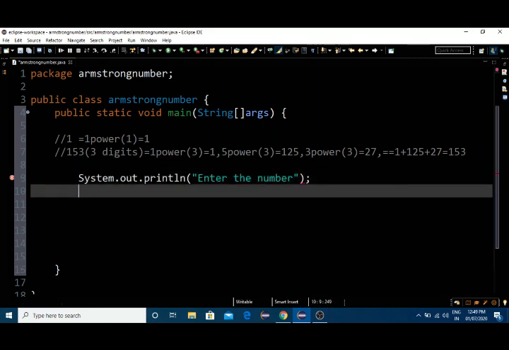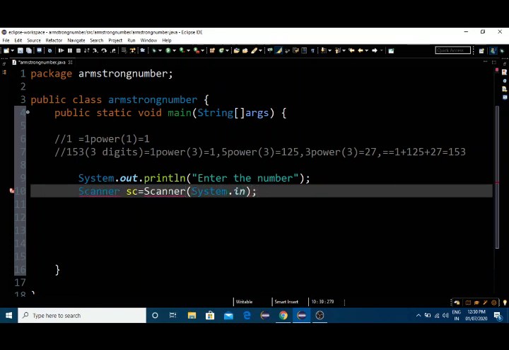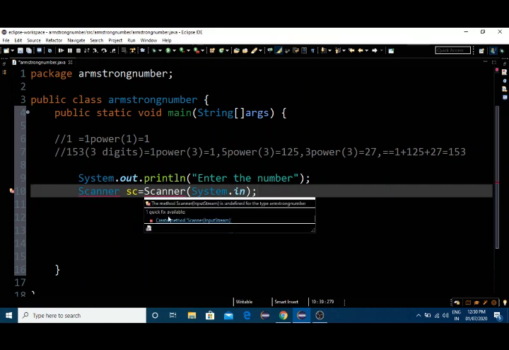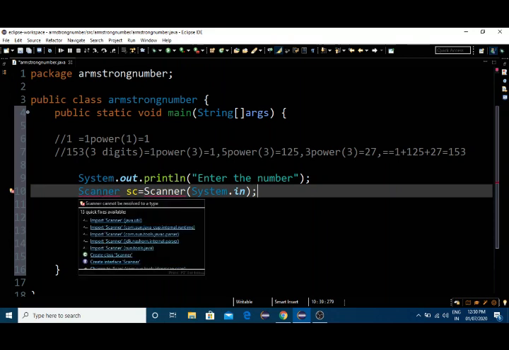Okay, let me take the input by using the Scanner library. Here we're getting an error, because we need to fix that Scanner. We need to import it.